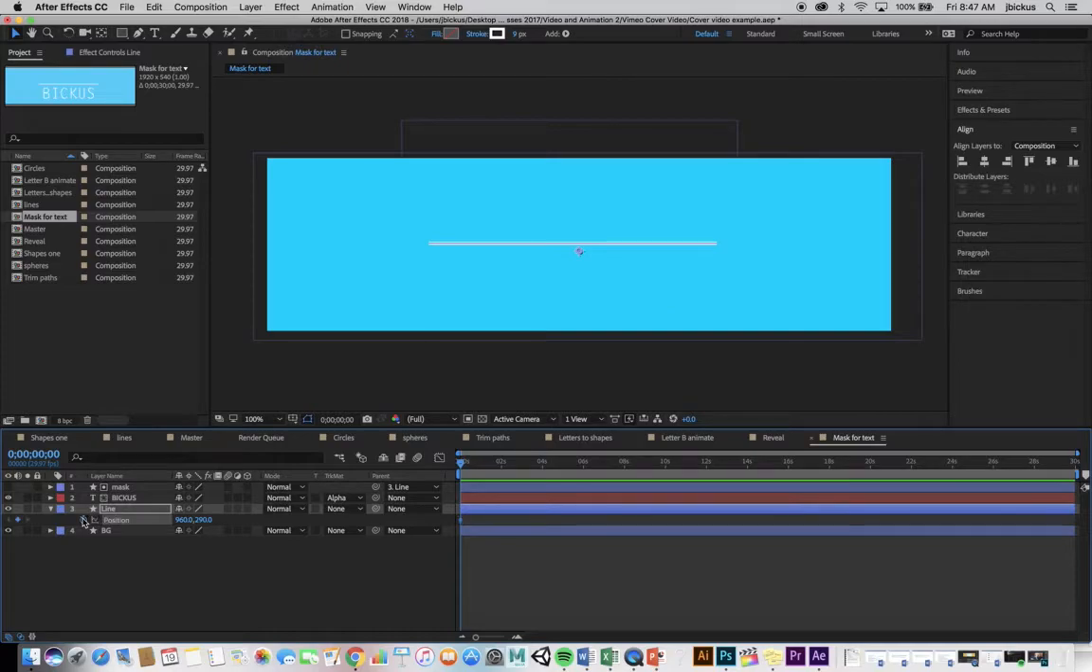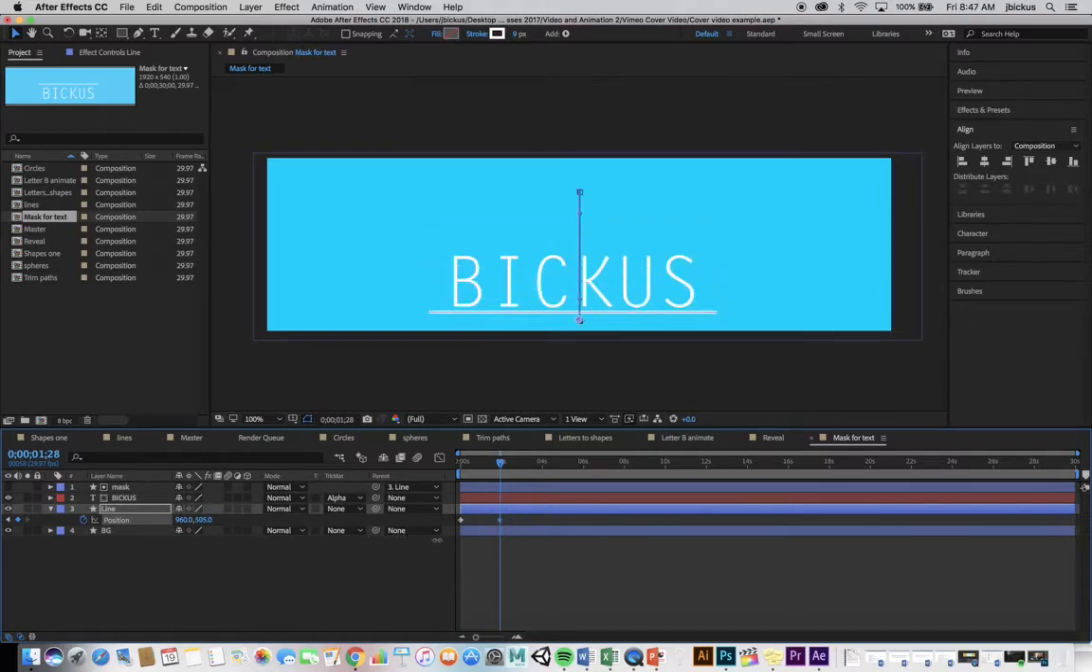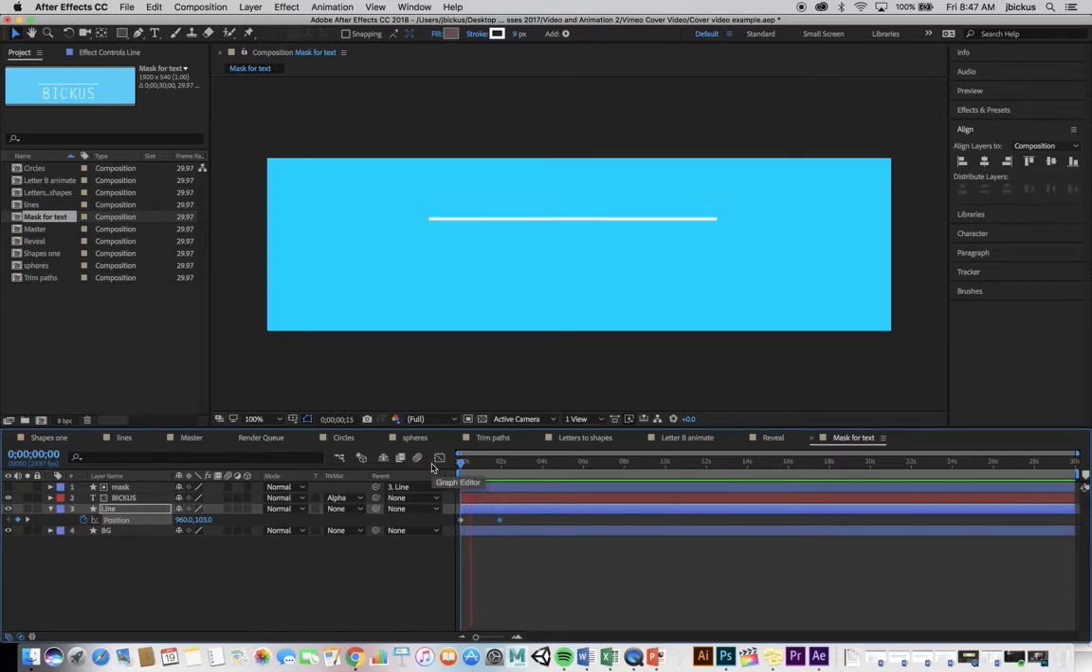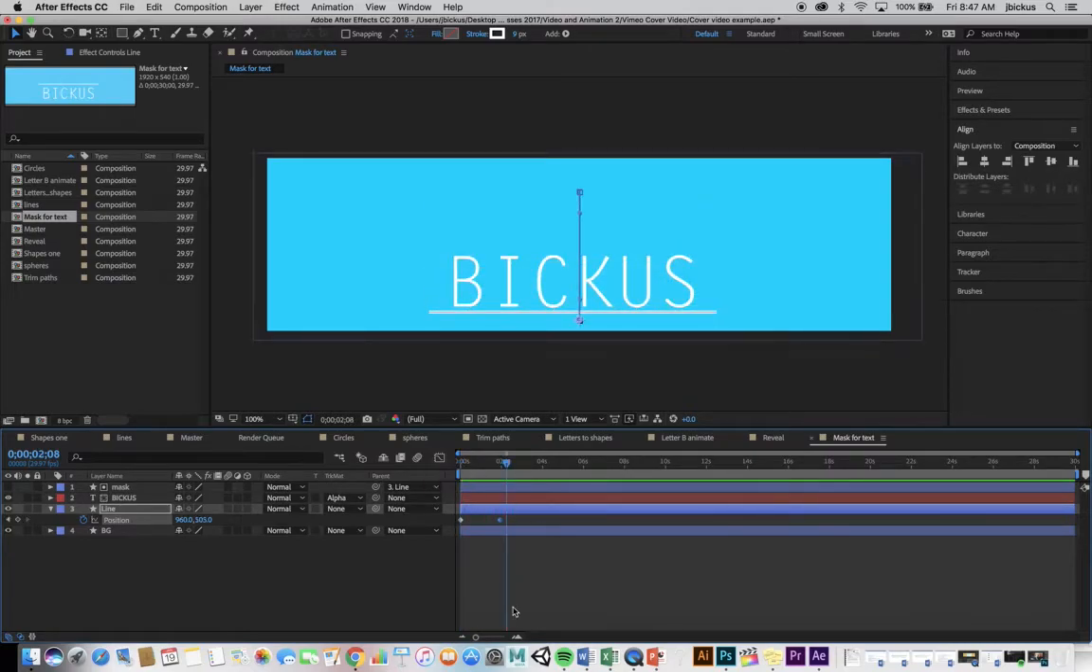So I'm going to go ahead and hit my stopwatch on. Say at 0, I want that line to be there, or even maybe have it higher up. And then maybe by like 2 seconds in, we want that to have dropped down all the way underneath the text. Okay, so let's see what that looks like. Boom, maybe that's a little bit too slow. So I'm going to go in here, zoom in on my layer, and oops,